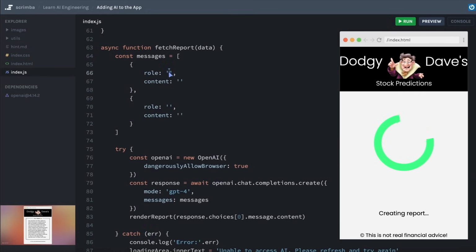The first role will be system. The second role will be user. And we need our instruction in here. And I'm going to say, you are a trading guru given data on share prices over the past 3 days. Write a report of no more than 150 words describing the stock's performance and recommending whether to buy, hold, or